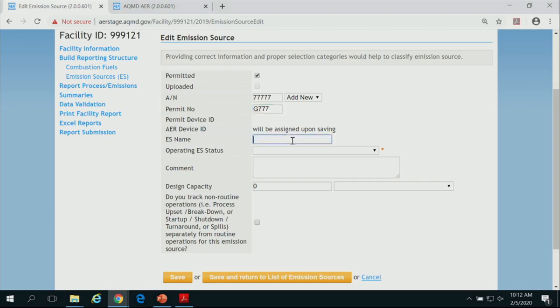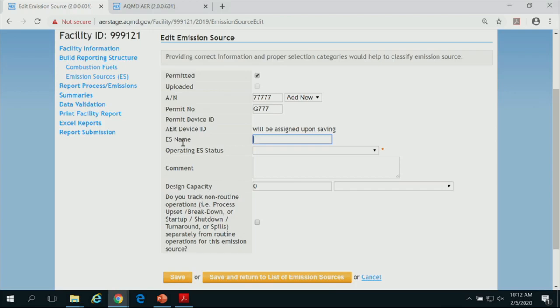This is a field to allow you sometimes, and then because this device is not something that was uploaded by us, the permit device profile information is not going to be asked to enter. The emission source name is a name that you can designate or enter into the tool. Let's say if you look at your permit, it says John Zink boiler, 500 million BTU per hour.